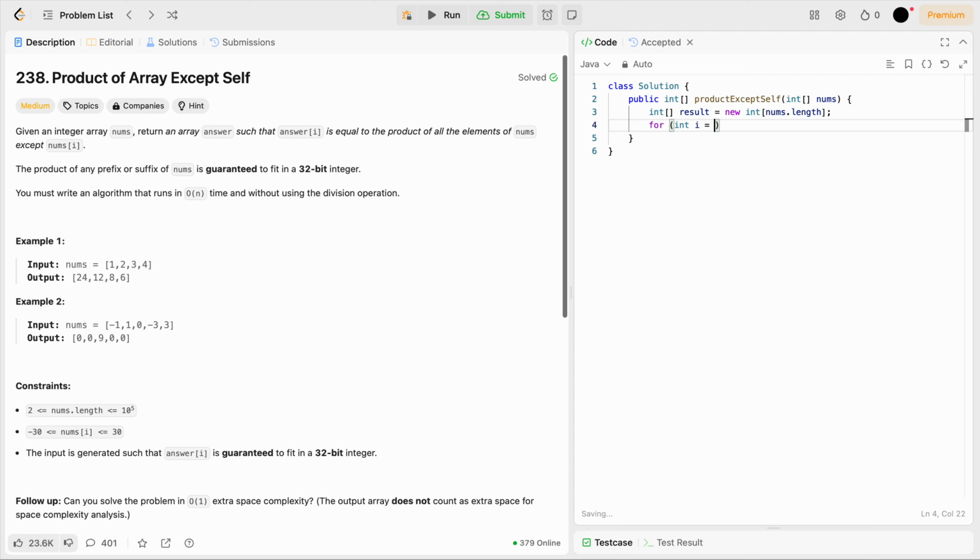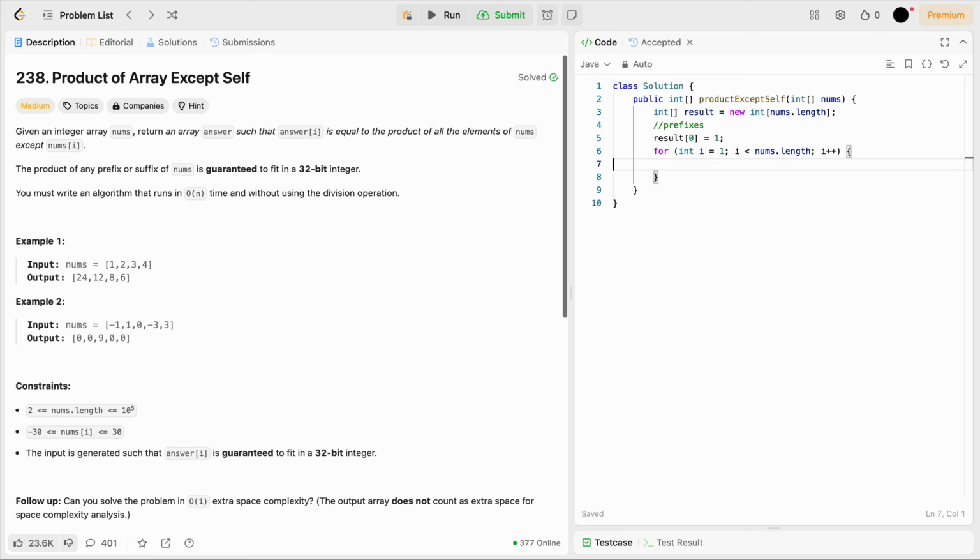I equals, we have to start from 1, and before we are just running some prefixes first. And for prefixes, we know the first one that we have to assume the multiplication is just 1, right? And this way,